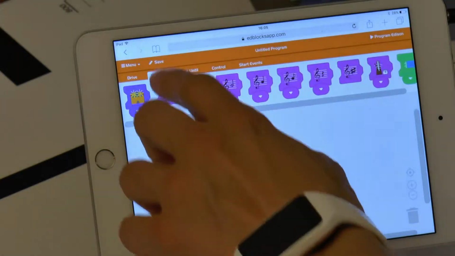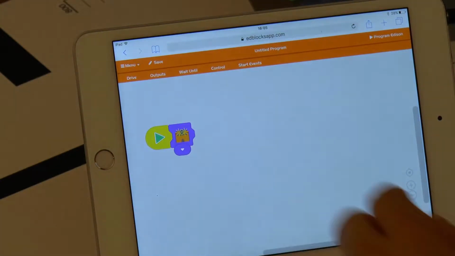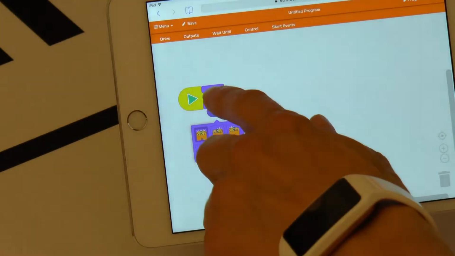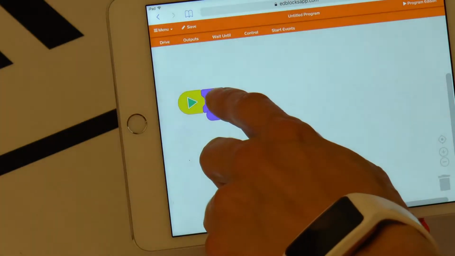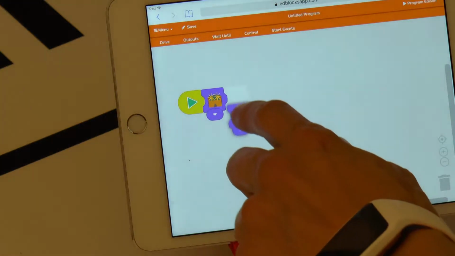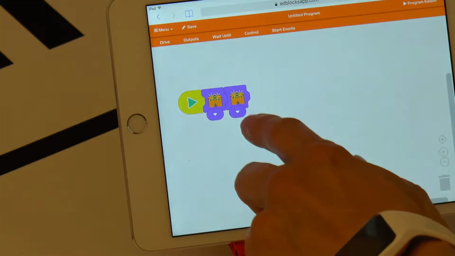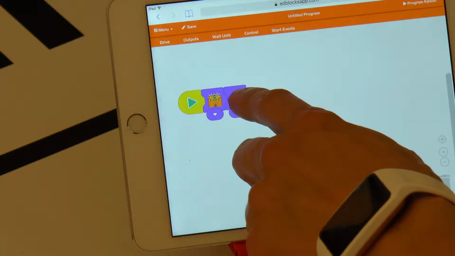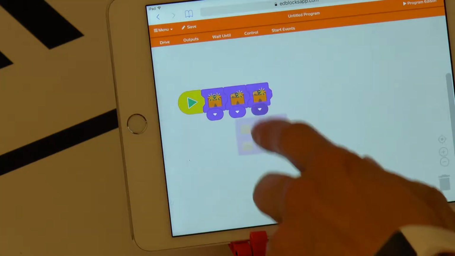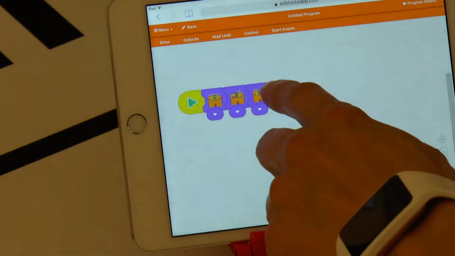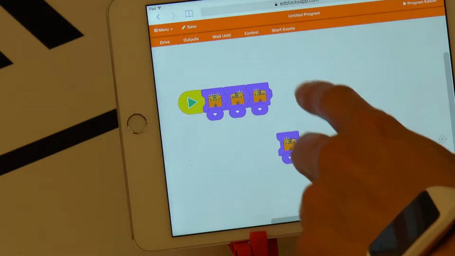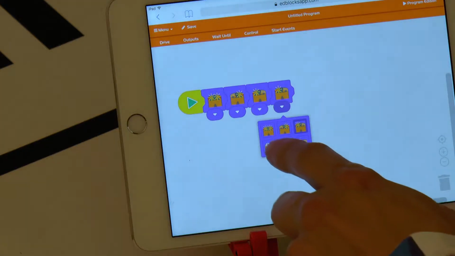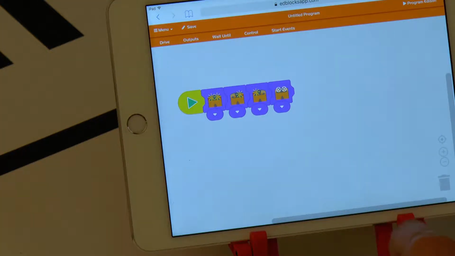First, let's take a look at the block controlling Edison's LEDs, which can be configured to 6 different modes. Turn both LEDs on. This command will turn on both of Edison's LEDs. The lamps will be lit until the end of the program, or if they are switched off with another command. Turn right LED on. This command will turn on the right LED, but won't turn off the left one if it already is active. Turn left LED on. This command will turn on the left LED, but won't turn off the right one if it already is active.